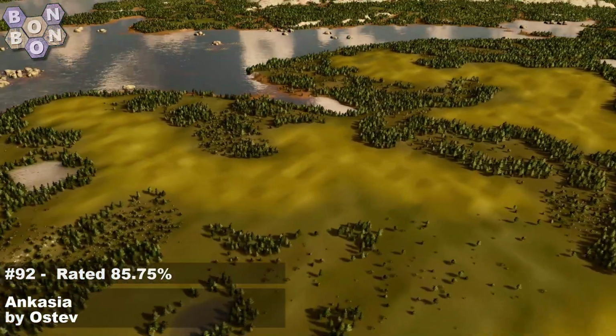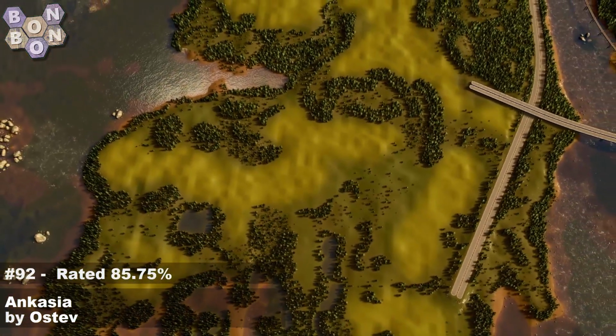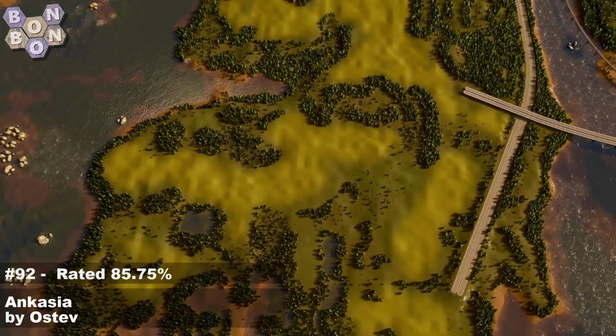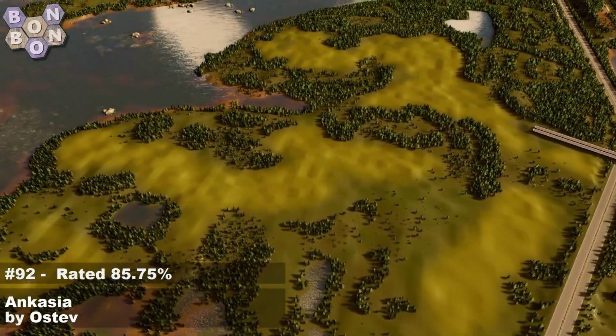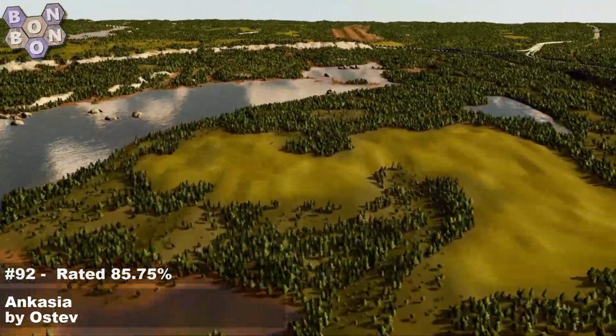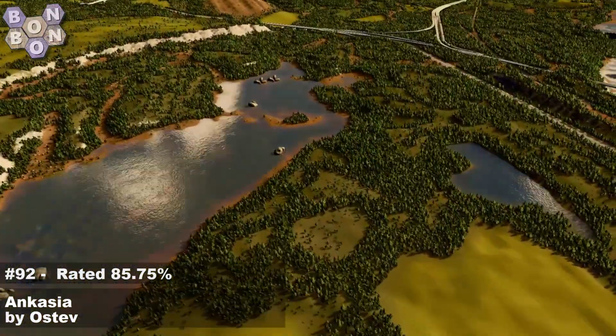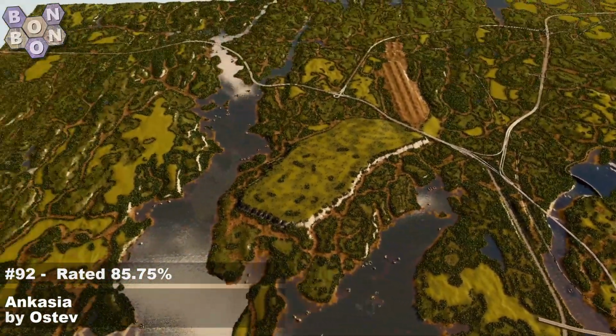Look at the terrain, it does seem a bit pixelated as well. Definitely something gone wrong with this map load, but I don't know what's caused it. This is definitely not perfect. I'm sorry Ostev. I'm sorry, but I have tried. And then also up here, was it up here or was it the next river? The next river,